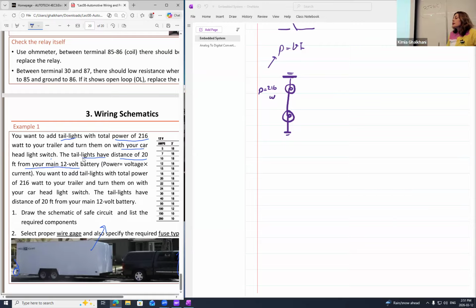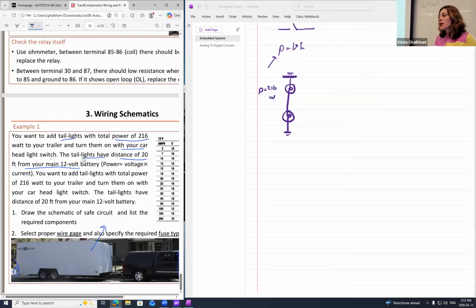Why am I using the distance? Simply because another important consideration for design is being aware of the length of the wire and of course the thickness of the wire. Length is important, thickness is important. Who can tell me why and what their impact is? Why are thickness and length important while we are trying to design a system? You know it, you didn't say it. I know you know it.